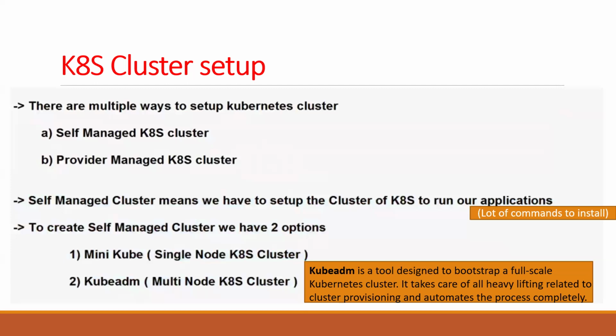What is that, guys? We need multiple nodes to create a Kubernetes cluster. One is the master node, and the other is the worker node. You can have one worker node, or multiple worker nodes, for your application. For example, if you take an application like